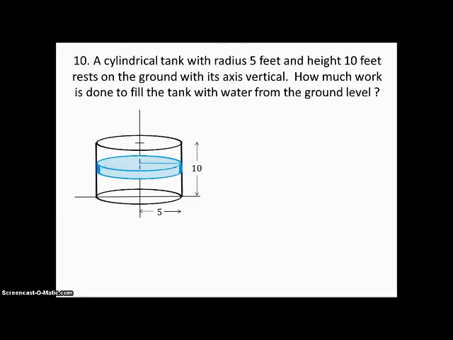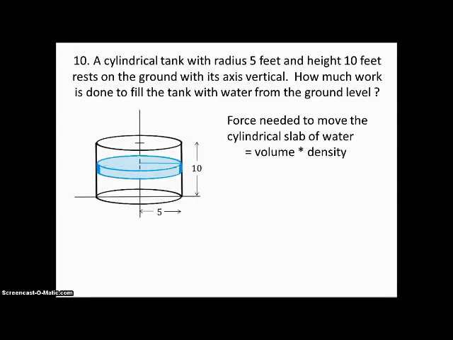And each slab has a different distance to go. This one's kind of in the middle, so it would go up, say, 5 feet. And then there'd be a slab that goes all the way up to the top, and one to 8 feet, and one to 7 feet, and so on and so forth. So the force needed to move the cylindrical slab of water from the ground up into its position is its